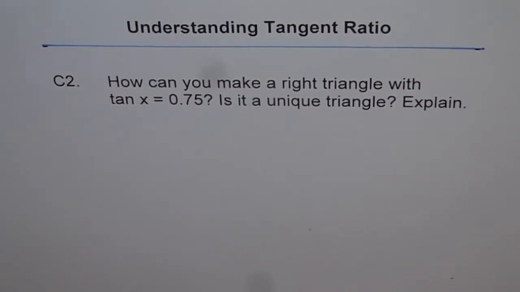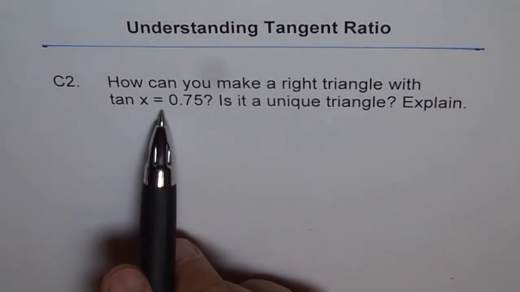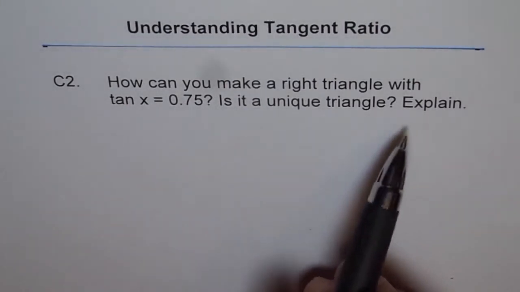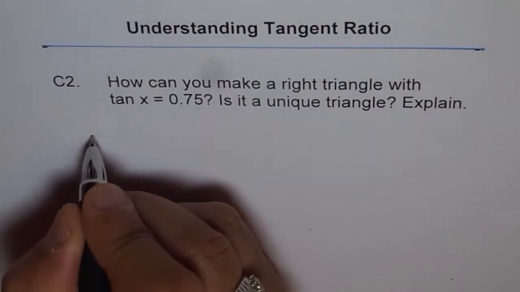Understanding tangent ratio, C2. It's a communication question. How can you make a right triangle with tan x equals 0.75? Is it a unique triangle? Explain. So when we say that tan x